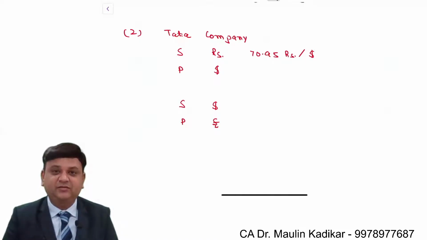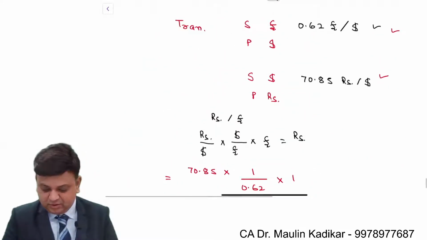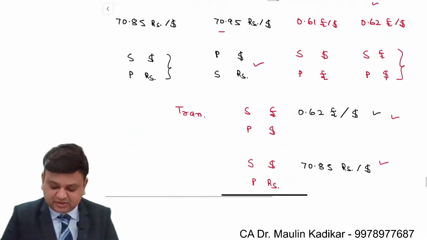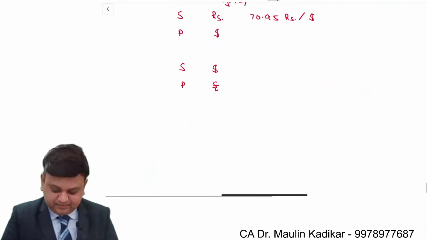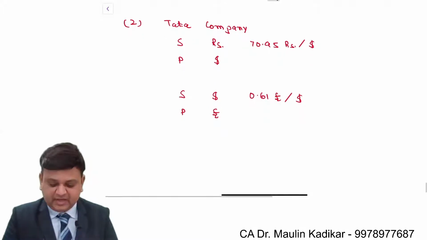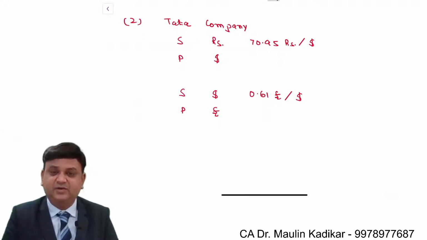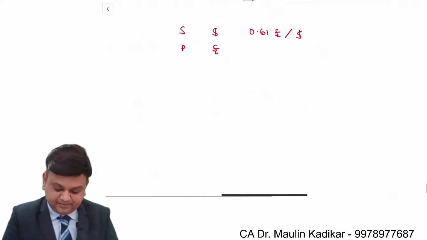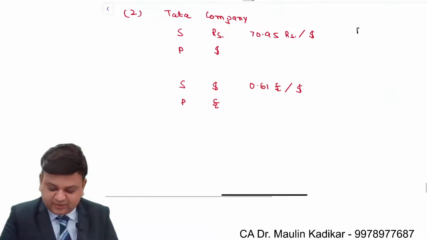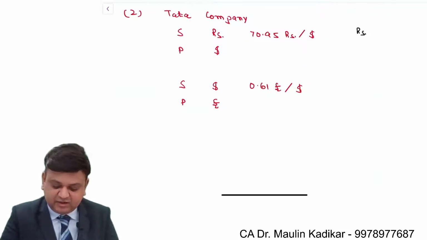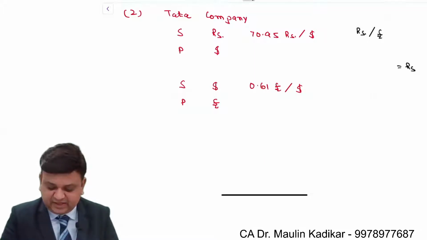And then conversion of the dollar into pound. So sell of dollars and purchase of pound. This is the rate which is applicable: 0.61 pound per dollar. As far as the cross currency rate is concerned, we already have developed the formula. As I have told you, I am doing the answer of rupees per pound. Sir, can I do pound per rupee? Answer is yes.